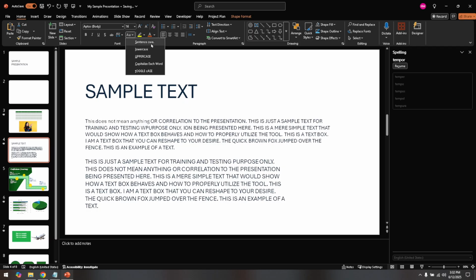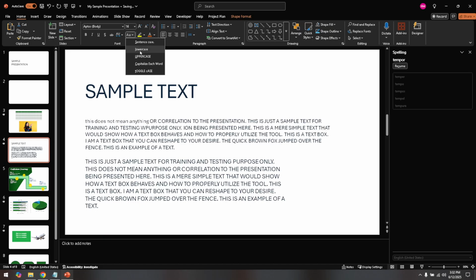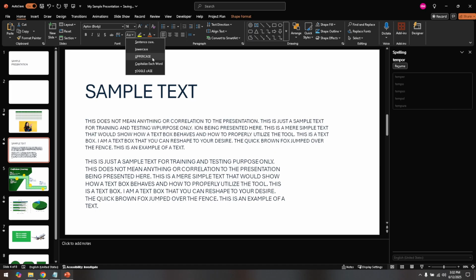A drop-down menu will appear, presenting you with several options. The focus for today is on two options, lowercase and uppercase. If you select lowercase, the entire selected text will convert to small letters, making it perfect for adding a softer, more relaxed tone to your content. On the other hand, choosing uppercase will transform the text into capital letters, ideal for emphasizing headings or making text